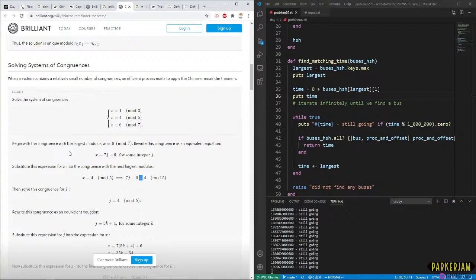Okay, so we're basically saying that we have a system of congruences, which is 1 mod 3, 4 mod 5, 6 mod 7. Okay, this is all starting to make sense to me now that I'm getting my head around the notation part of this.